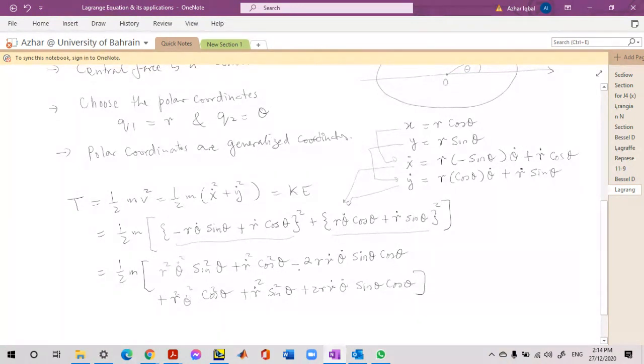Now you can see that you can cancel this whole term with this whole term when you are adding up together, and you are left with,